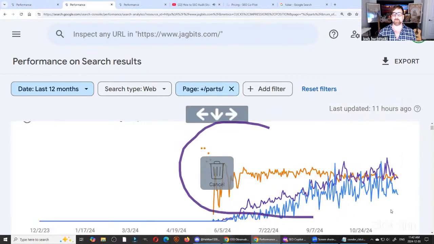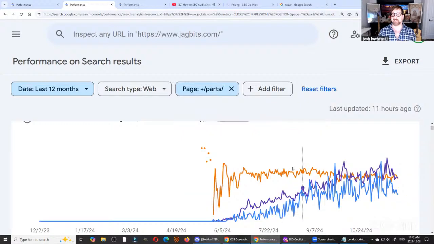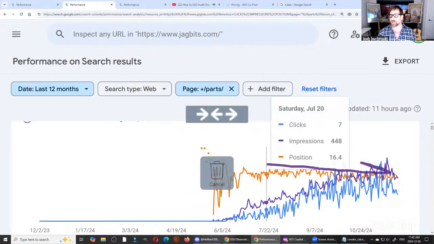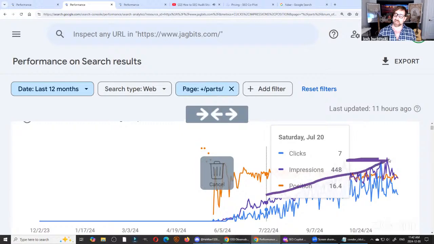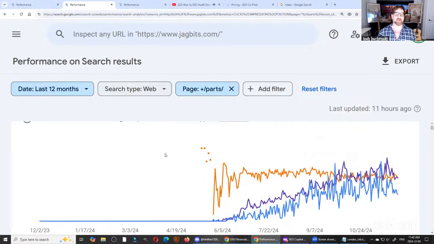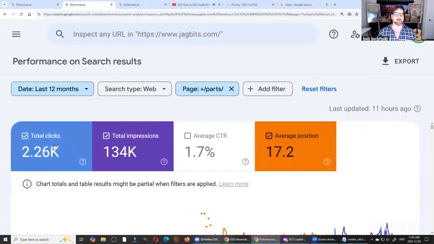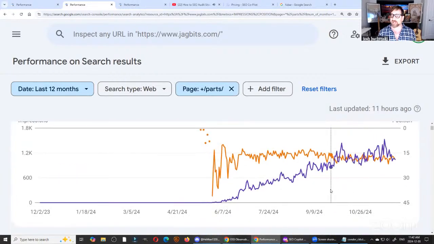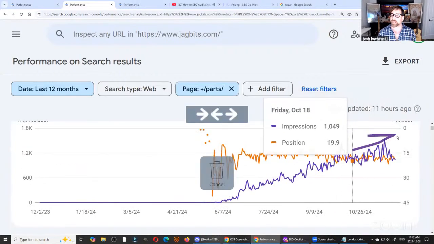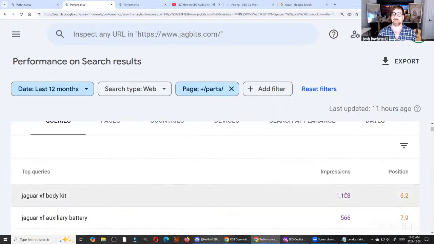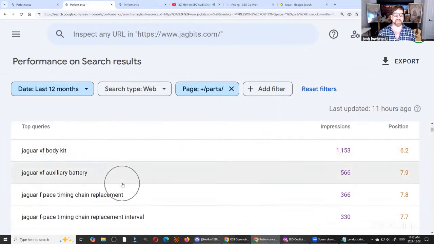And that's how I built all this up out of nothing. And you can see even here, the orange line's going down, but the impressions line is going up. Let me get rid of the clicks. So you can see here, the impressions line continues to go up. So this means we're continuing to rank for more and get more impressions, and we're getting more clicks.